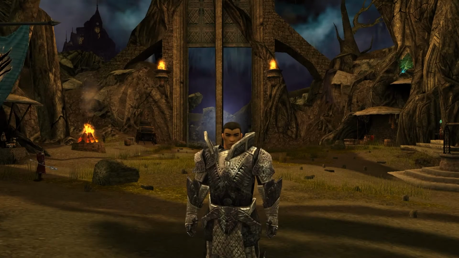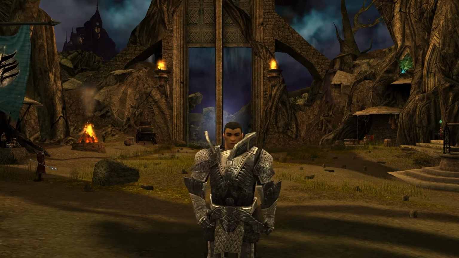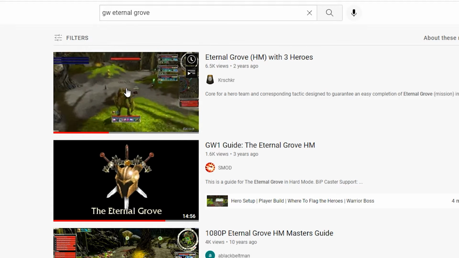Hello there, this is another mission guide, and this time we take a look into one, if not the most hated of all missions, Eternal Grow. I have to admit I was afraid of this one, because even with a good hero team this mission used to cause me problems. So I checked wiki and YouTube on this topic and found some really useful vids like